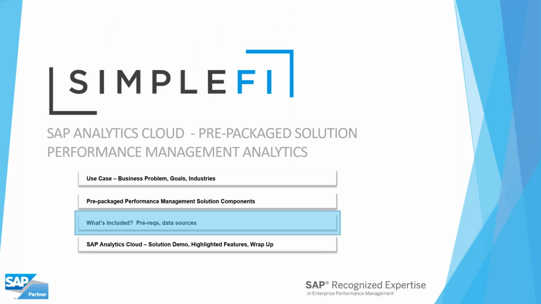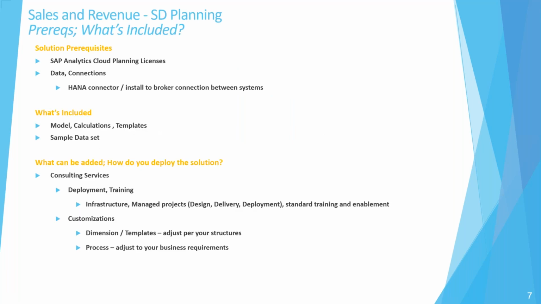So what's included? What data set do you have to be on for this to work? What are your prerequisites for this solution to be available to you? So this is IP that's owned by Simplify. It's built on top of SAP Analytics Cloud Platform. But the prerequisites, you need a SAP Analytics Cloud planning license. So you could not run this calculation without a planning license to do these more heavy-duty calculations. That doesn't mean that every single user needs to have a planning license, but at least an administrator needs to have the